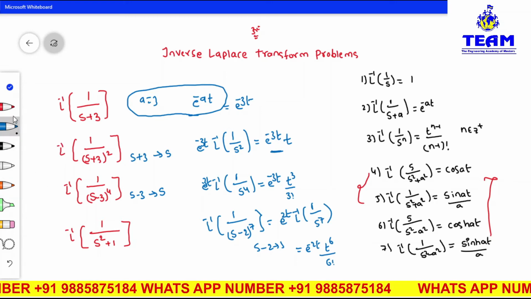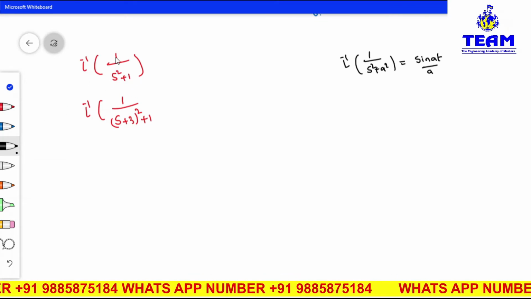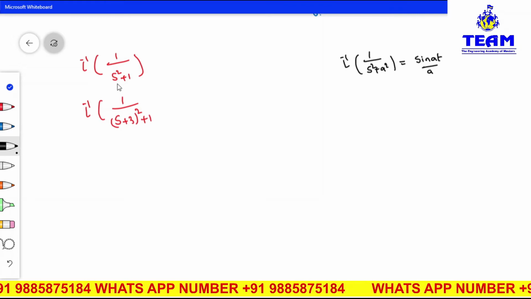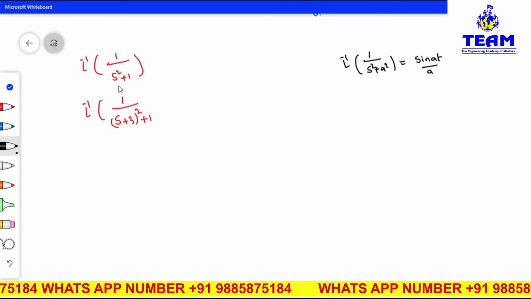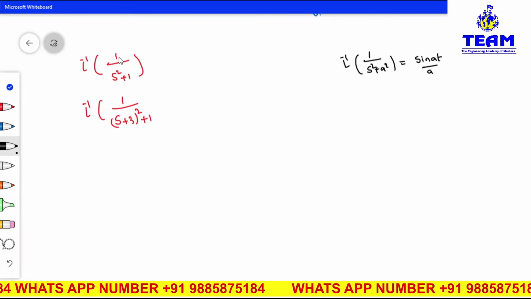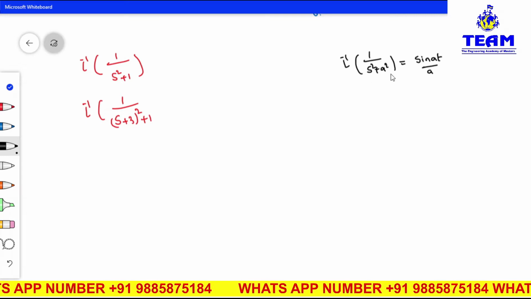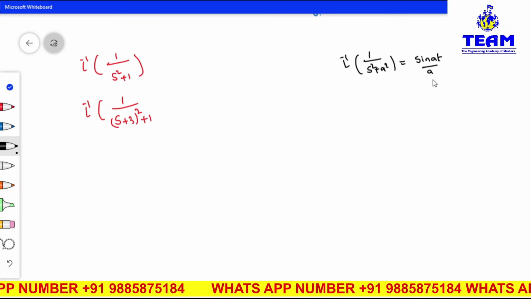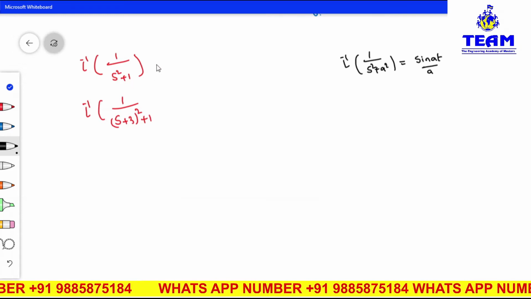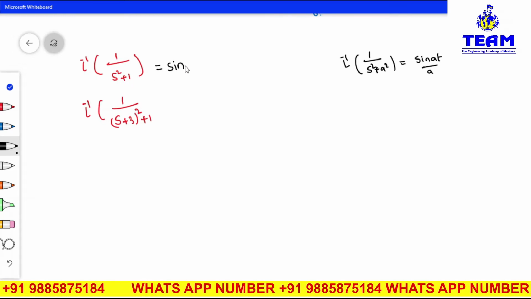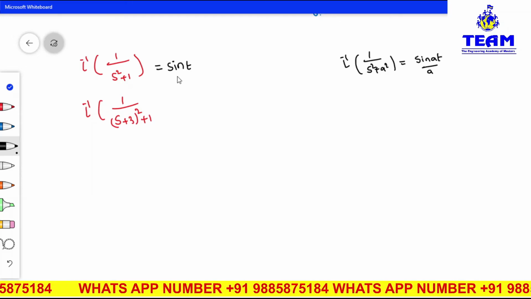Now we are solving another type. Okay, now you see, friends, we are solving L inverse of 1 by s square plus 1. If it is s square plus a square, either you will get sin at or cos at. But what do I have in the numerator? Constant. So you will have sin at. Formula, you see, friends: L inverse of 1 by s square plus a square is sin at by a. So in place of a square what I have? 1. So a is equal to 1. Then you will have sin at, which means 1 into t by 1, and by 1 means sin t only.